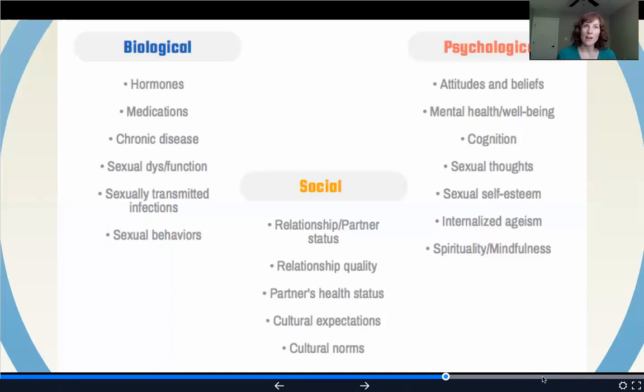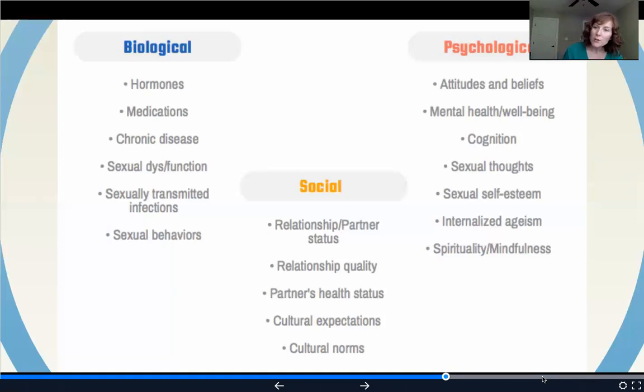So we know that this sort of typical approach to sexuality has been a little bit more conservative in previous decades. So your parents and your parents' parents, if you think about the different generations and their experience of the cultural norms of sexuality, different types of behavior, different types of ways to talk about it, and even, like I said, what is right or wrong. We think about even just in my parents' generation, their view of non-heterosexual individuals, LGBT individuals, and their sexual orientation and how that was not acceptable at all.